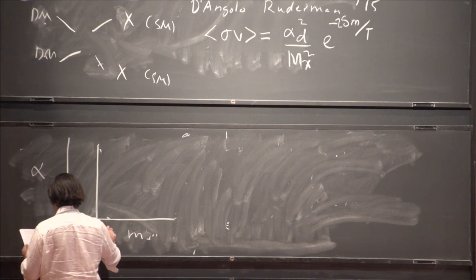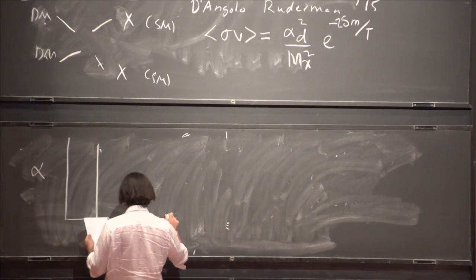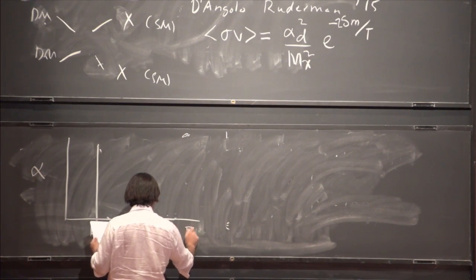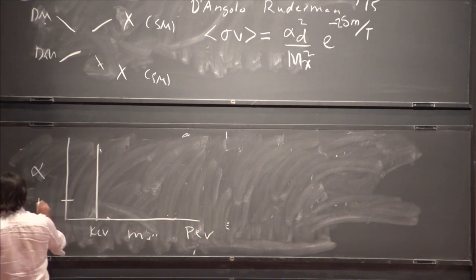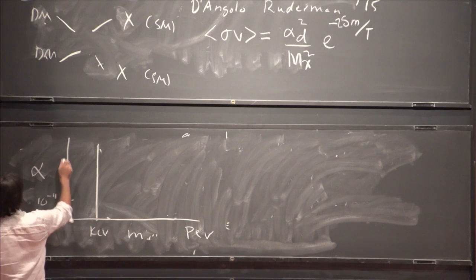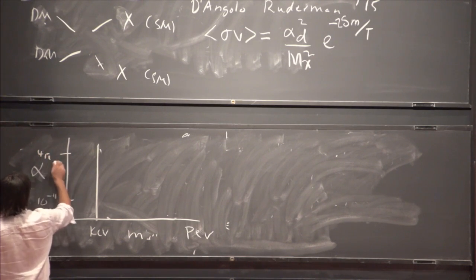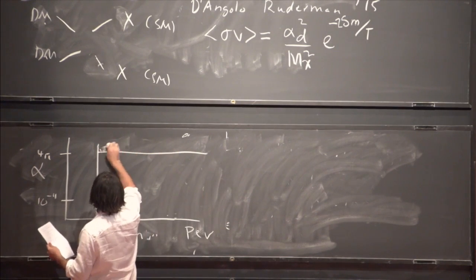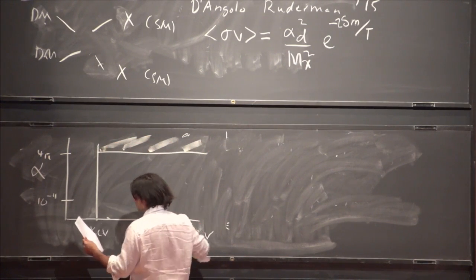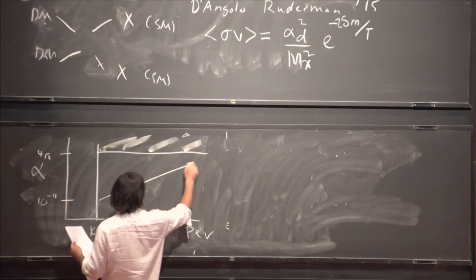This is keV, and this is, say, PeV. And so up here, you hit the unitarity bound. Along here, you have a nice